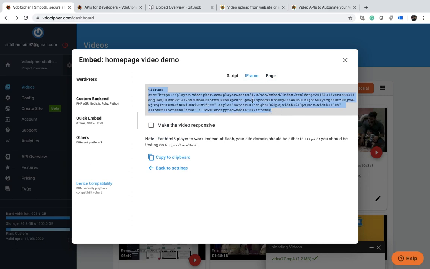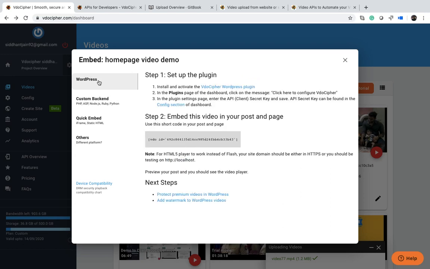Please note that for secure videos to play in HTML5, you will need HTTPS on your site. Either you might be trying on a localhost, or if you have a live site, then you need to have HTTPS. If you are using HTTP, then the video wouldn't play on the HTML5 player, it will play on the Flash player. So HTTPS is a must.